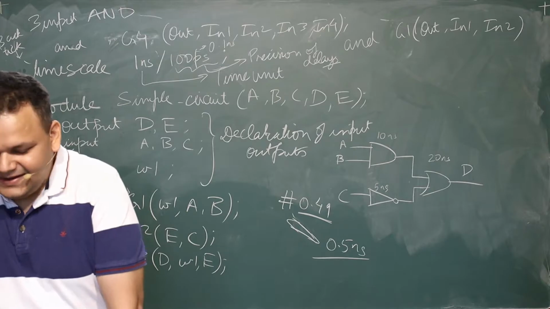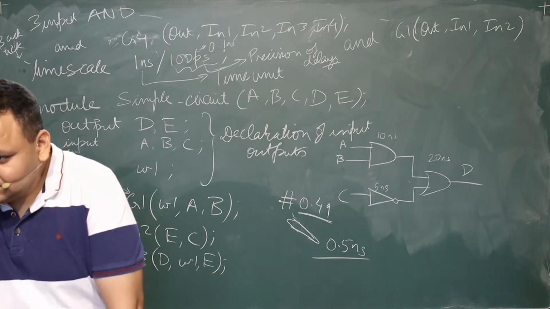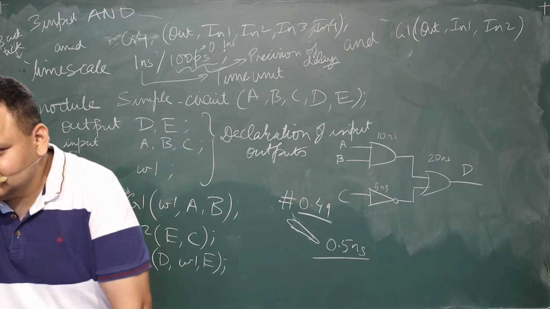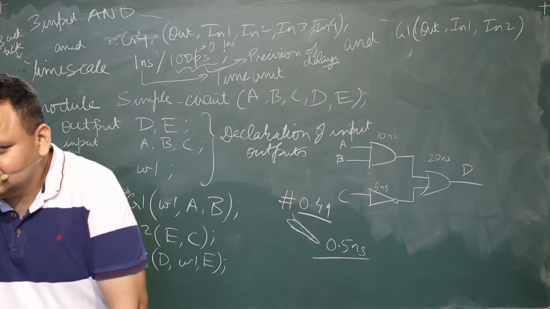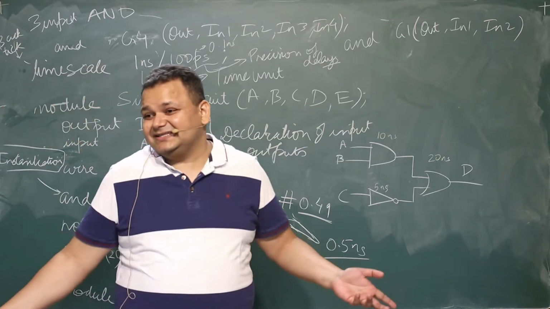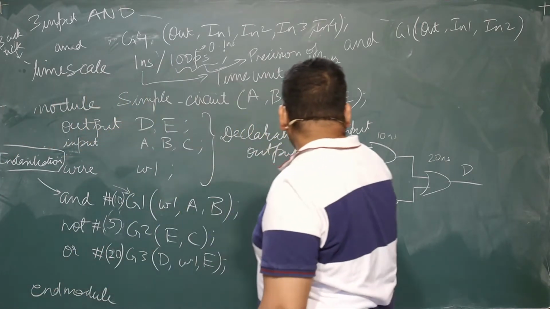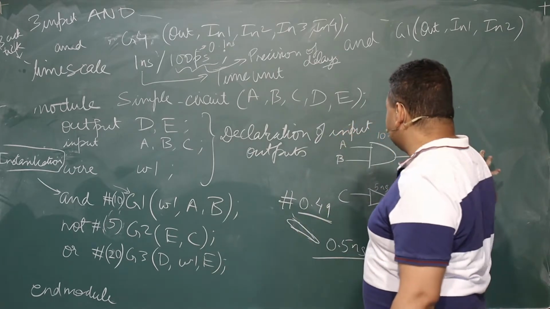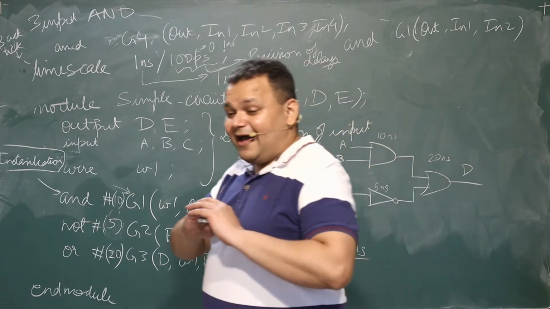Sir, probably if the output from C was 0, then D would be 0 for the 5 nanoseconds. Only that I can tell. Before that, what it will be, I don't know. Yeah, you do not know, but it will not be 0 necessarily. These wires are permanently connected. This is not a sequential circuit. It's a combinational circuit. Everything is happening at the same time.